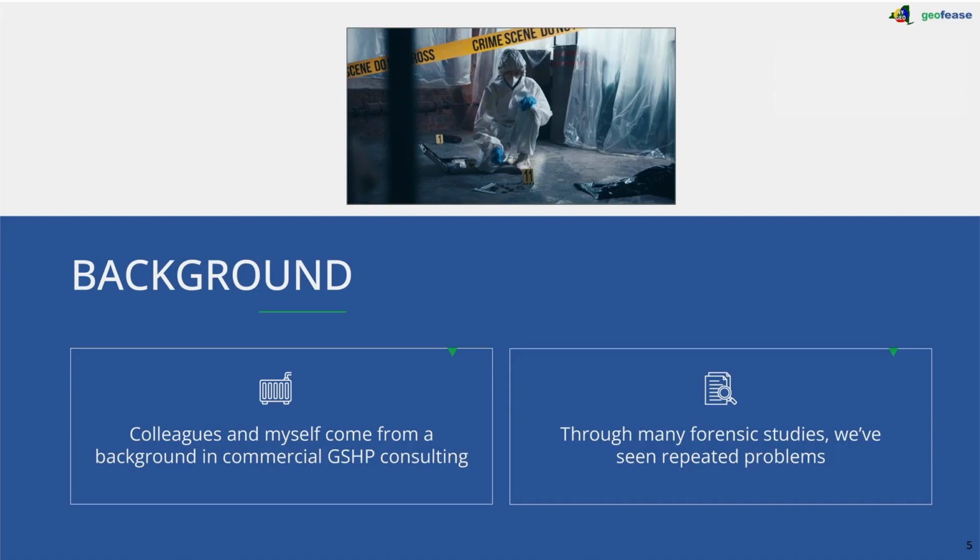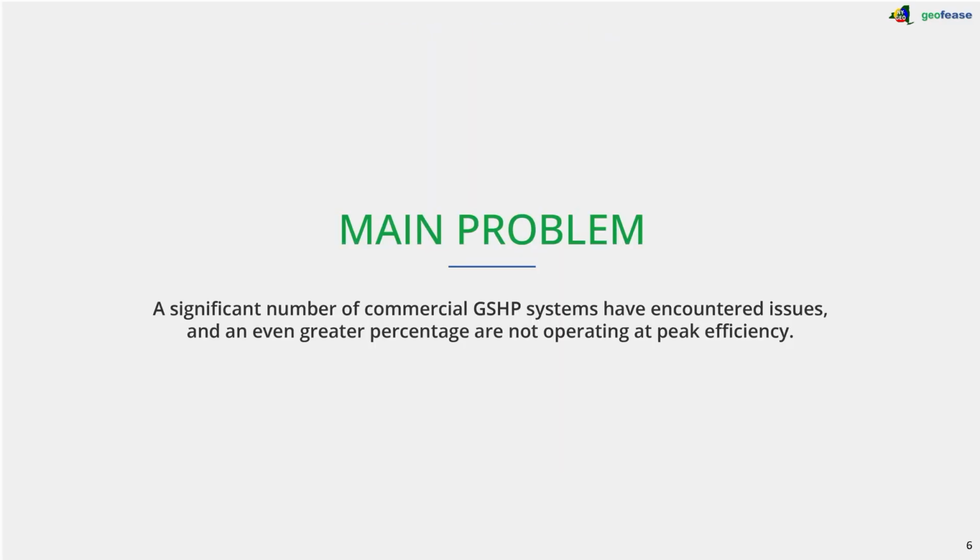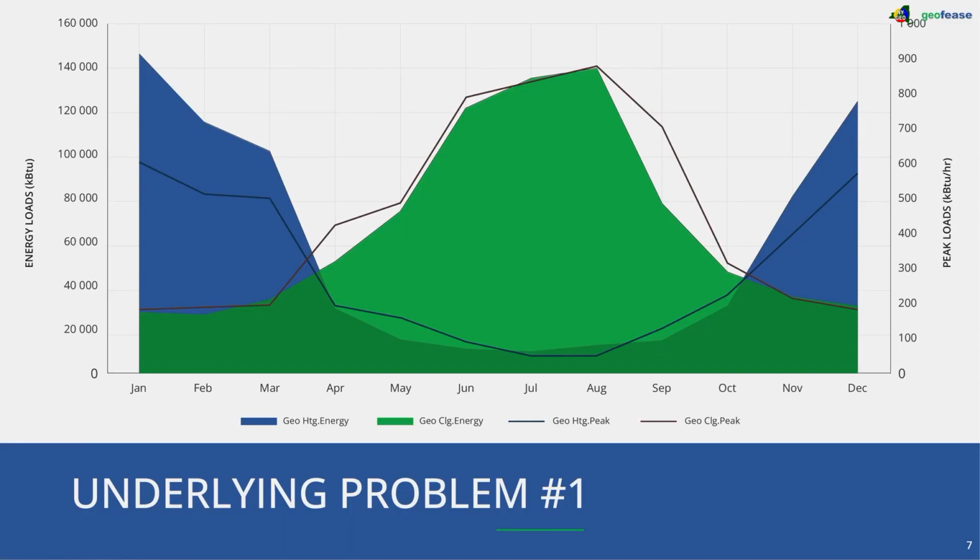And the main problem is that a significant number of commercial ground source heat pump systems have encountered issues, and an even greater percentage are not operating at peak efficiency. So why is that? Well, the first underlying problem is that as designers, we're using static models to design dynamic